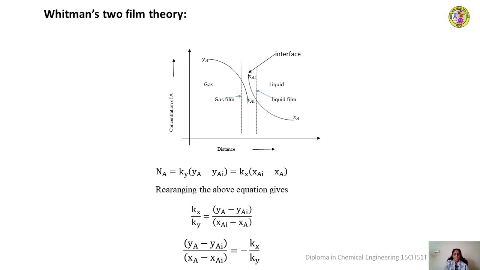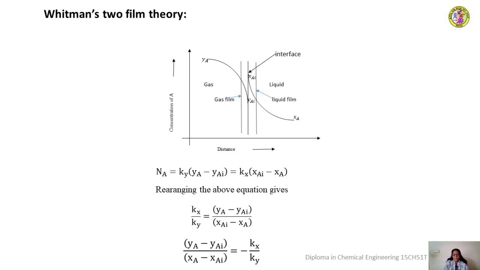So Xai and Yai are the equilibrium values because we assume that there is no resistance to transfer at the interface. Since there is no resistance to mass transfer at the interface, the concentrations Xai and Yai are clearly equilibrium values. Now let us write down the equation for flux for the given mass transfer operation in terms of mass transfer coefficients, and let us see how we can get a relationship between the individual and overall coefficients